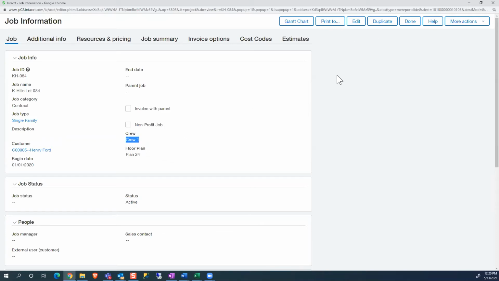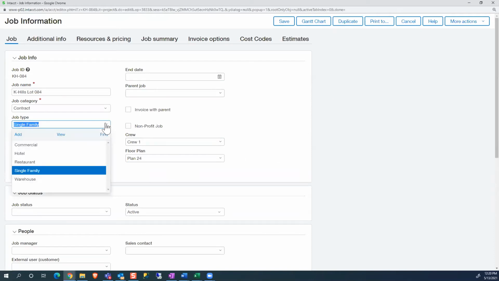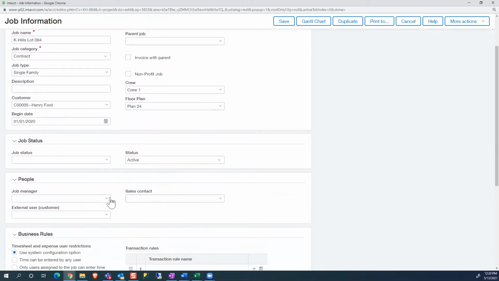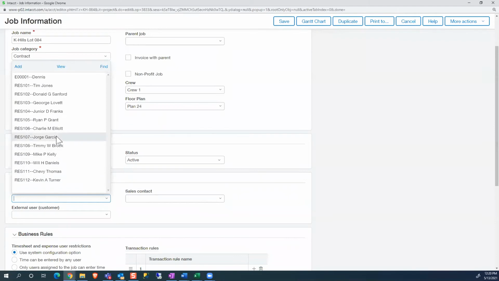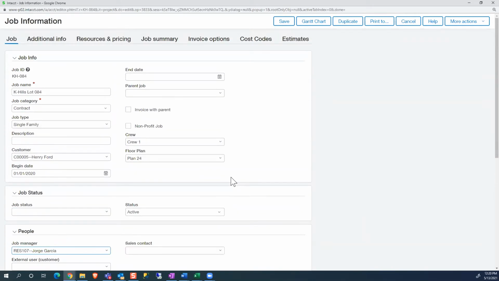So if I need to make changes from this drill down window and I have the security access to do so, I can click on edit and then make changes. So I could change that job type or anything in here. I could select a project manager for this project, for example. Okay. We'll get more into the actual job setup here in a little bit.